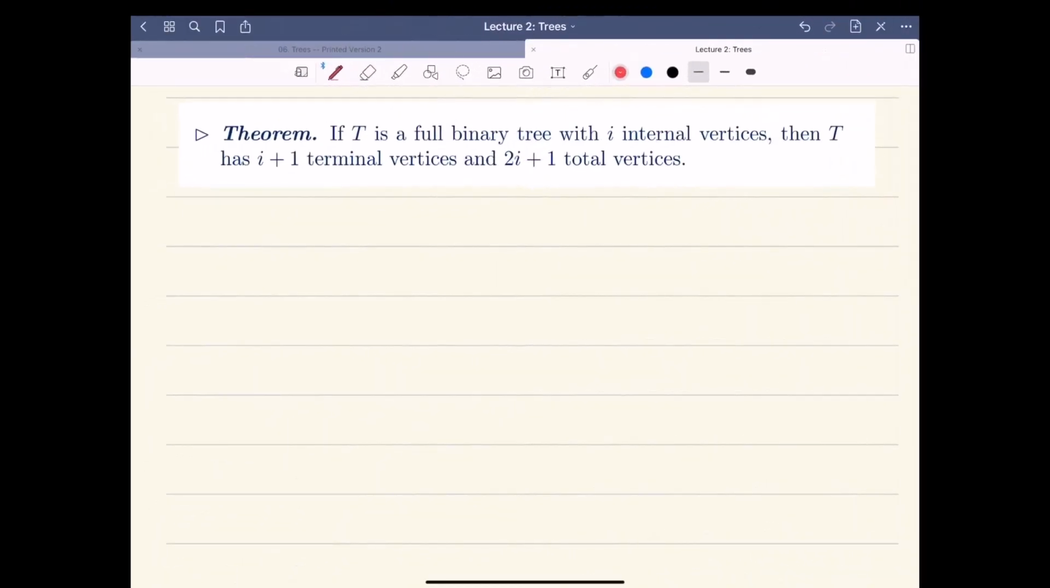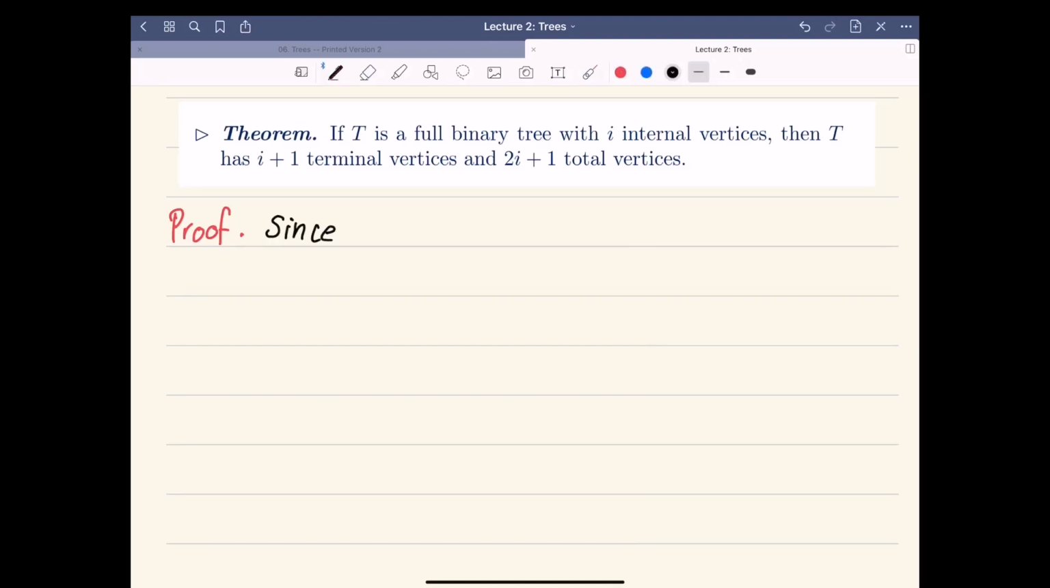So how are we going to start the proof? Here it says that T is a full binary tree with I internal vertices. And we know that if we have a full M-ary tree, we have 2 equations. The first one is that the number of vertices n is equal to mI plus 1, and the number of vertices is equal to I plus L, where L is the number of leaves. So we will start the proof by saying that